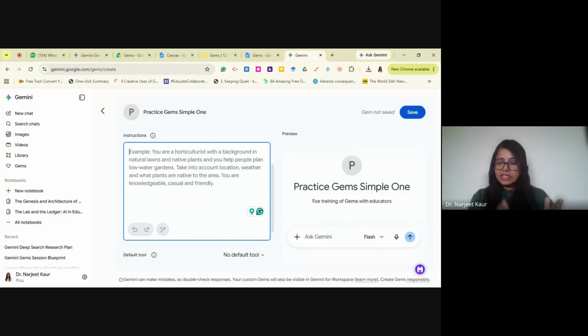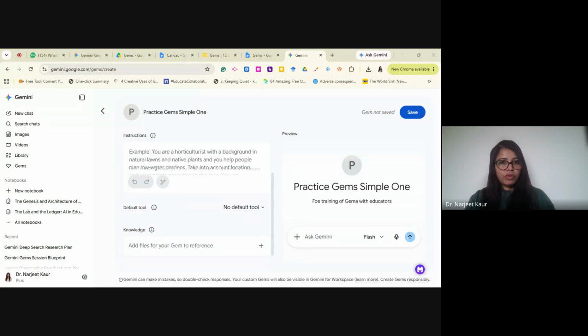So a lazy prompt gives us lazy output, a smart prompt is going to give us smart output. Anyone here who would know which prompts we are talking about, which framework we are talking about here? The RODES framework, right? What was the RODES framework? In the RODES framework, R was for role, and so on and so forth.